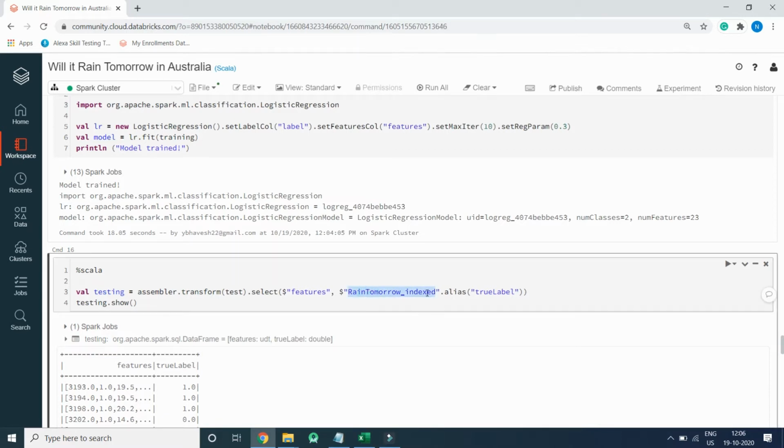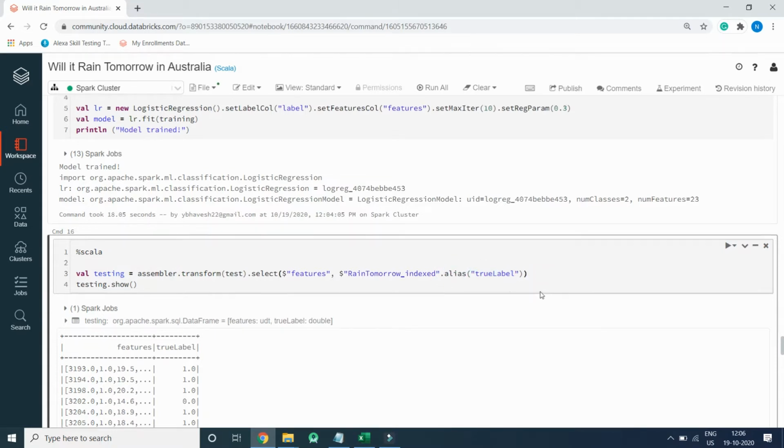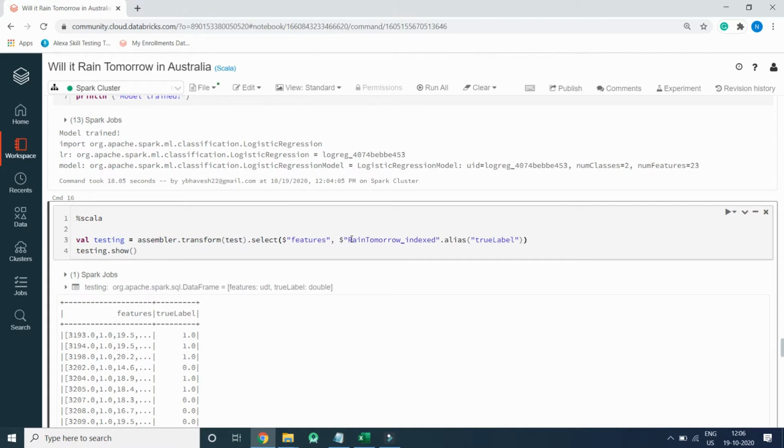Rain tomorrow, we will name this as true label by writing $rain tomorrow underscore index dot alias true label. It will rename the rain tomorrow index into true label.